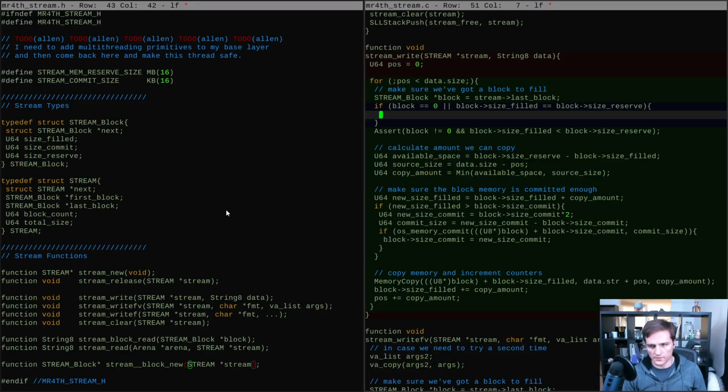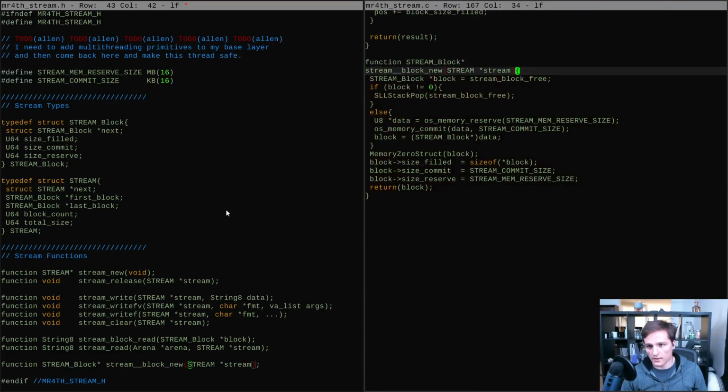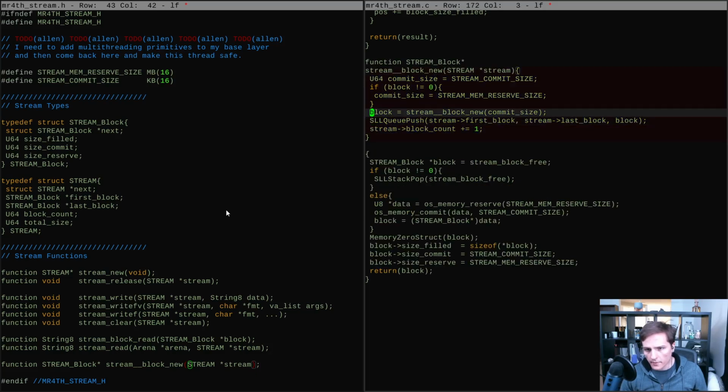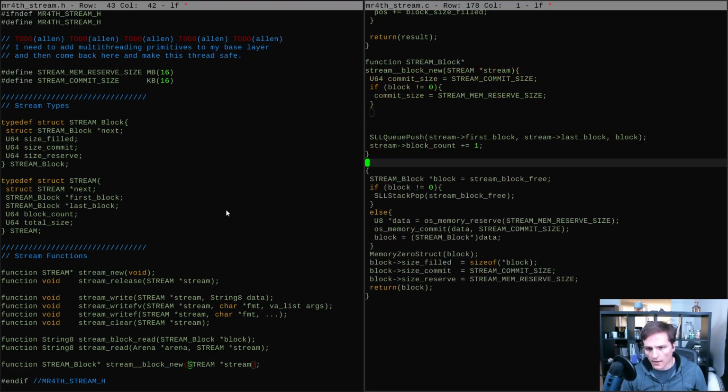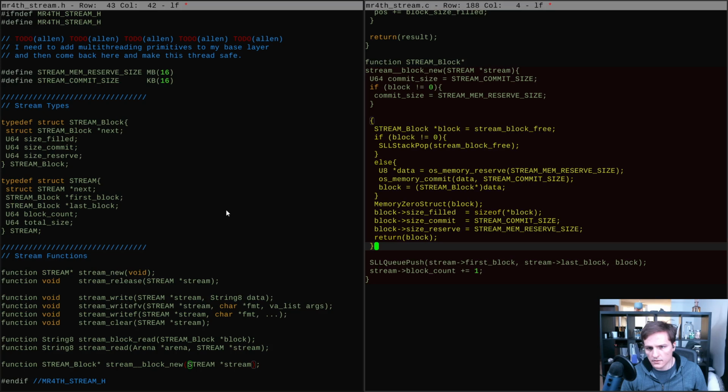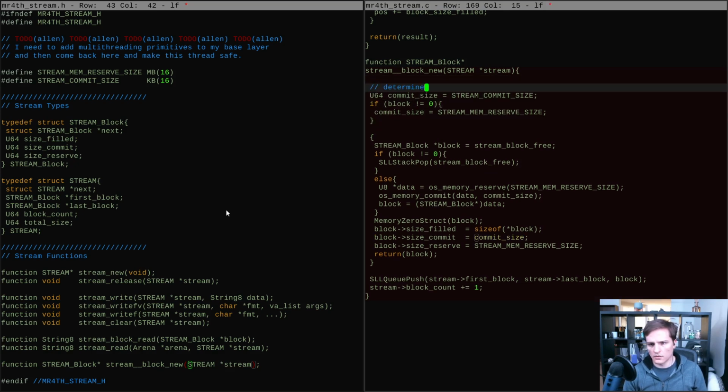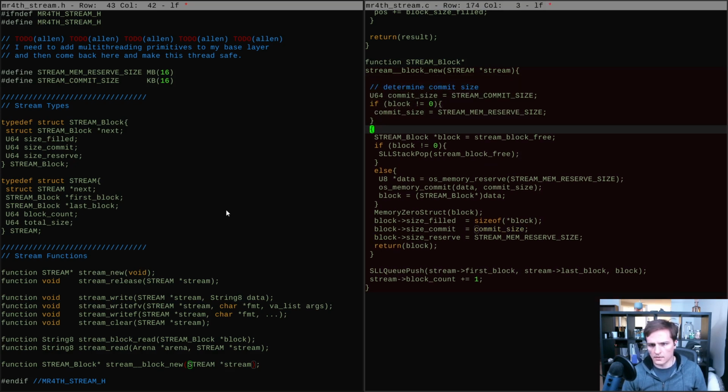So this becomes stream block new, give it the stream, get the block back, and then all of that can be contained down here. Except, yeah, we want to grab this. So here's our commit size. So determine commit size,